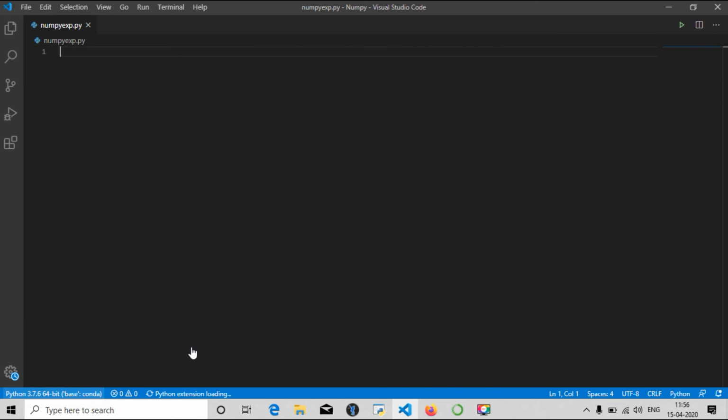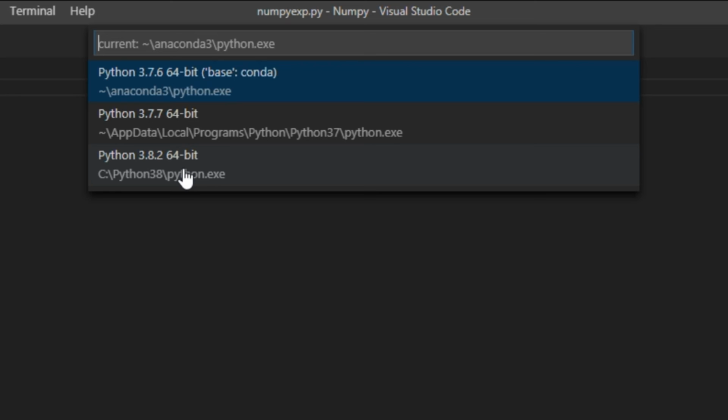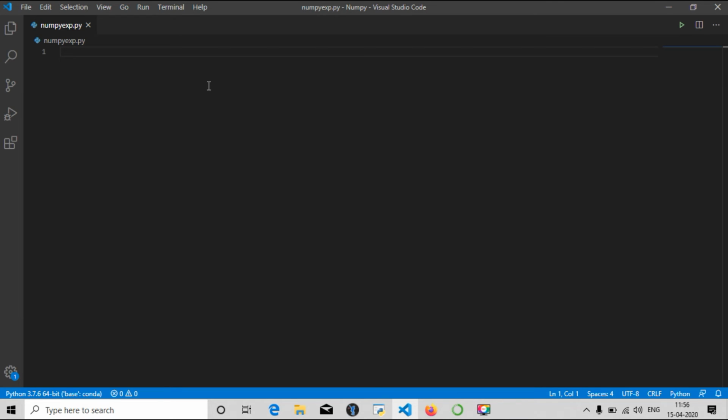I'll click on that. You can see there are different versions of Python on my computer as of now. One is Python 3.8, one is 3.7, and one is Python 3.7 connected with Conda. The environment is base as of now. This is what you need to have before starting coding.